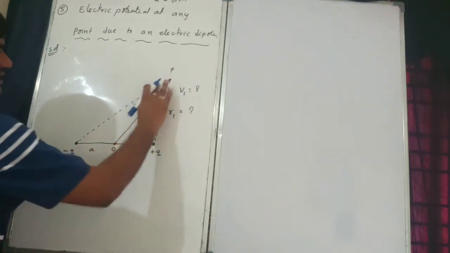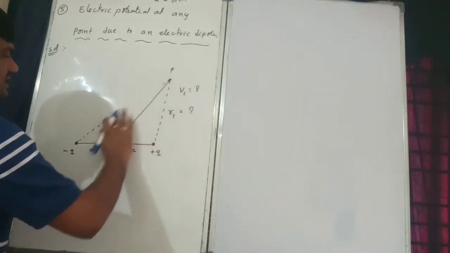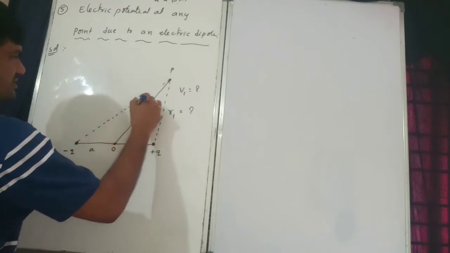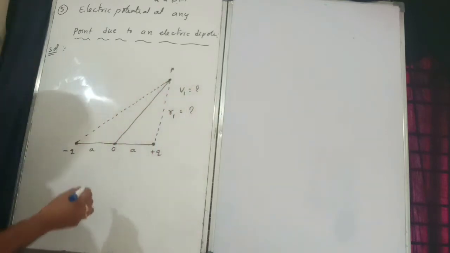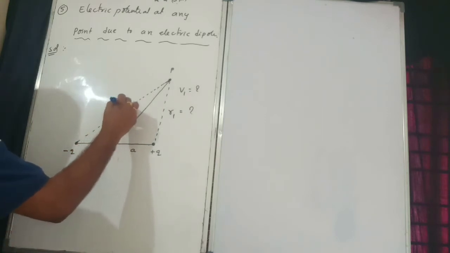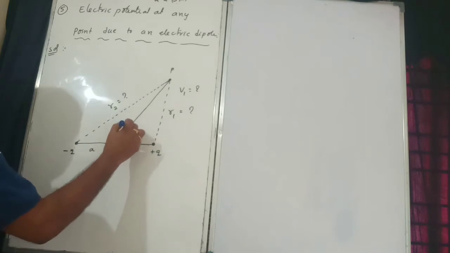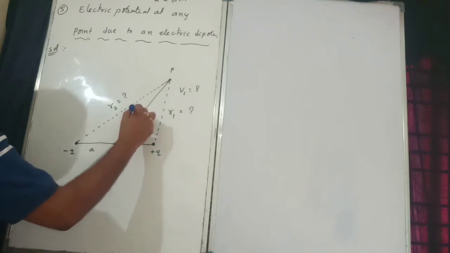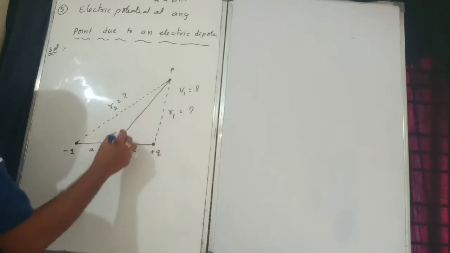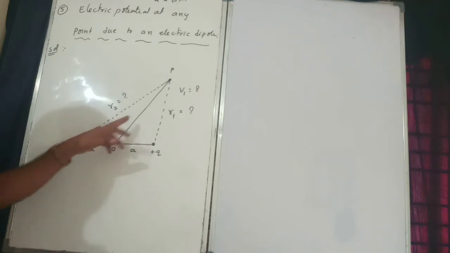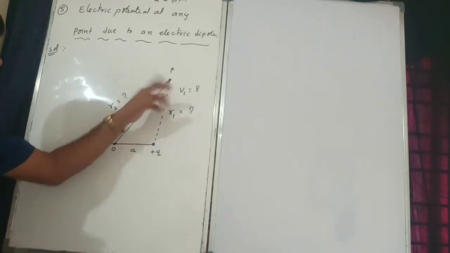Alright? So here also I want some distance. Why? Because potential V is equal to... I will consider the R2 distance. R2 distance I don't know. So I know here only just R. This is the R I know. Correct? R is equal to the distance. What is R? Where R is the distance O to P.